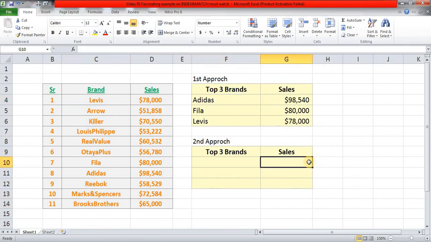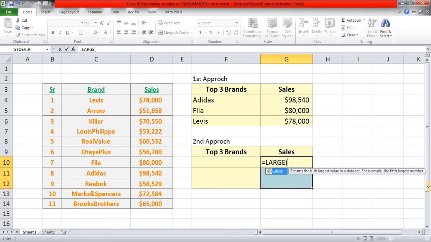The second approach is, again I'll select these cells, and now we are going the other way around. First we'll find out sales, and then we'll do index and match with those sales amounts. So is equal to large, sorry, my array for the purpose of large is my sales column, and comma, curly brackets 1 semicolon 2 semicolon 3.